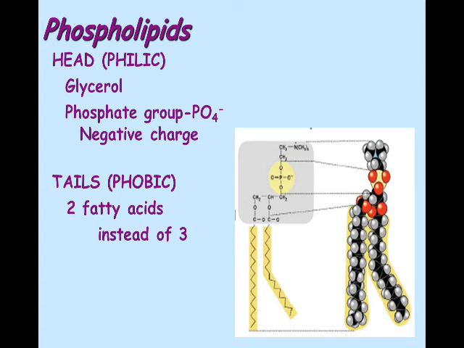We learned about phospholipids in bio. It has that kind of unique shape with a head and long tails hanging down. The tails are made out of hydrocarbon fatty acid chains, and the head is a polar head. That's where we find the glycerol backbone and the phosphate group. That's important for giving that head its polar charge. Remember, phosphates are negative. If you have a phosphate, it makes that part of the molecule more negatively